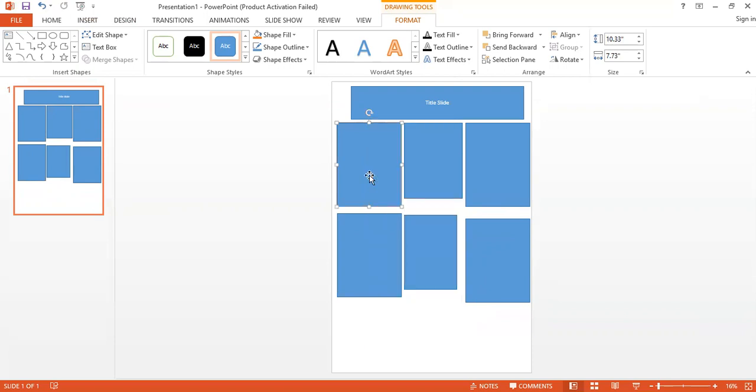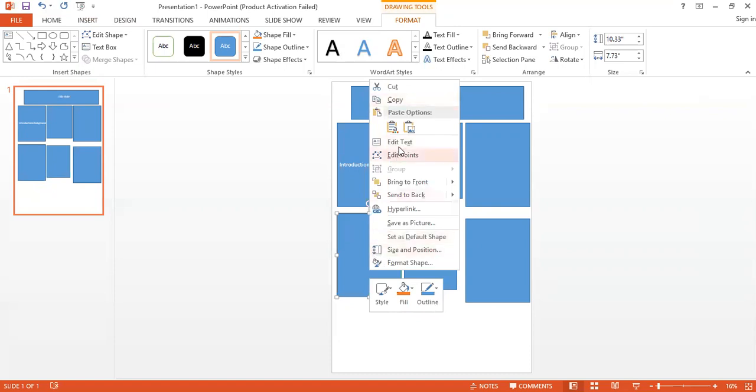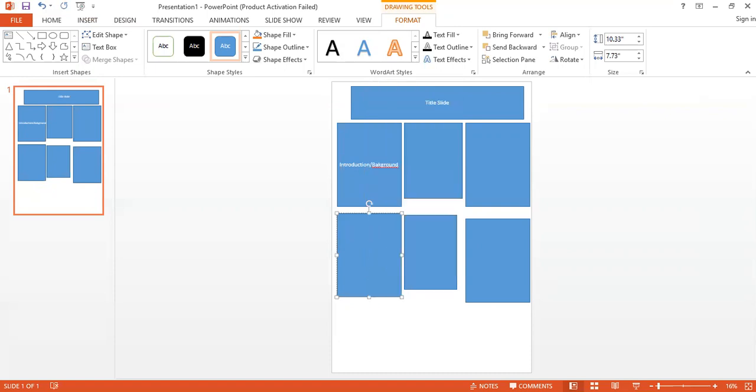So when you edit the text out here, it could be an introduction or background slide. This one could be your, you need to edit the text, and this comes to your methodology section.